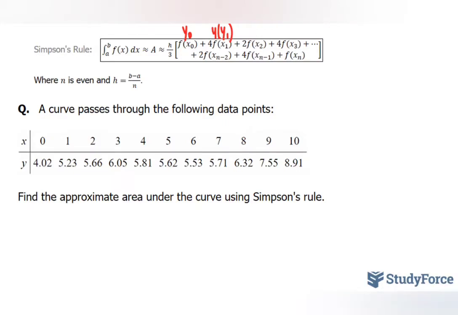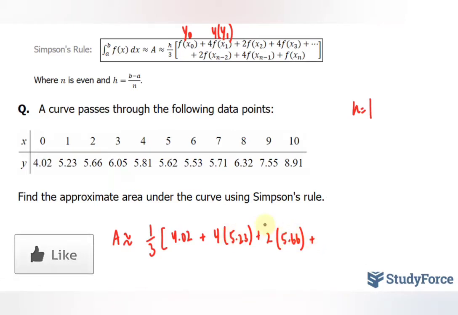As mentioned earlier, h here is equal to 1, so we don't have to worry about that. And the area is approximately 1 over 3 times, and this is where we have to do some arithmetic. We have 4.02, plus 4 times this next observation, 5.23, plus 2 times 5.66, and this is the interesting part. It goes back to 4 and keeps going back and forth between 4 and 2. 4 times this next one, 6.05, plus 2 times